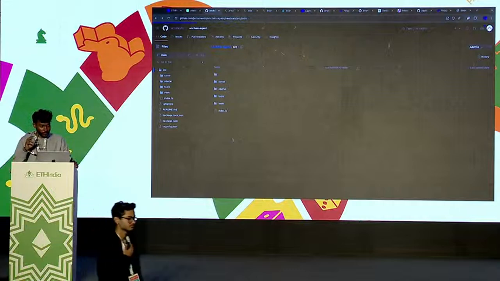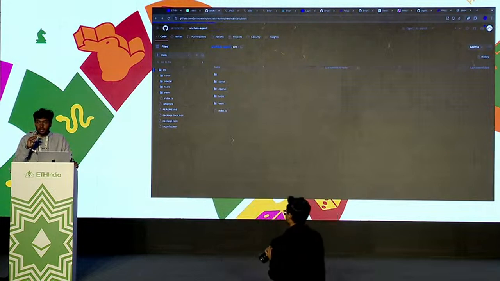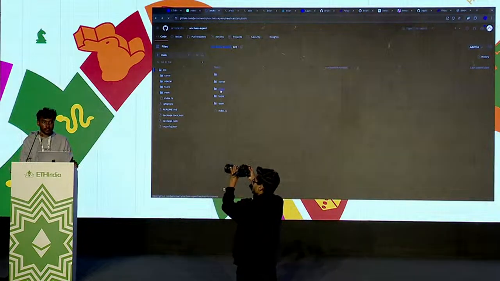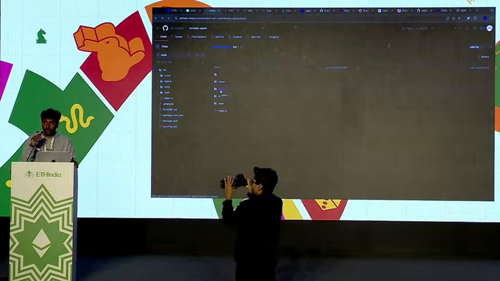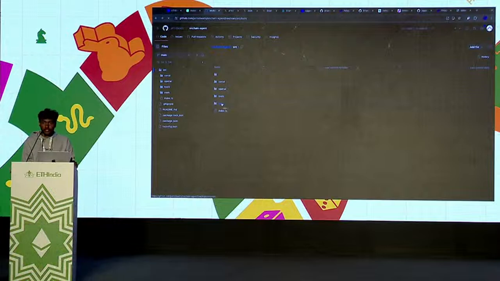Due to the internet issues, I'm not able to show you the exact repo right now. But basically there are two sections here. The OpenAI folder consists of all the files that will be useful for building the on-chain AI agent. And then we have the VM. Basically, this is a tool which is used to deploy on Polygon. So the structure.